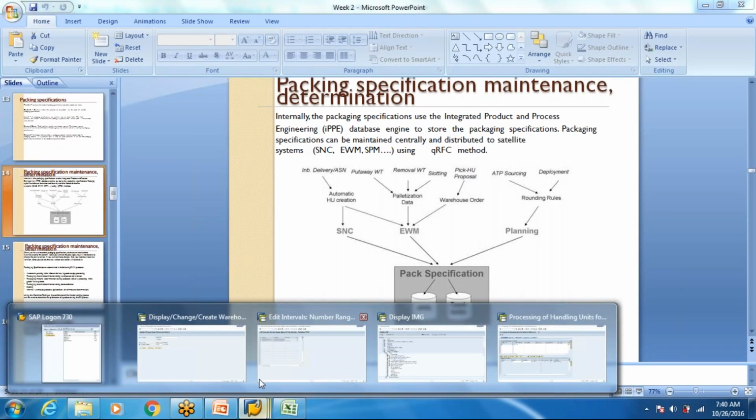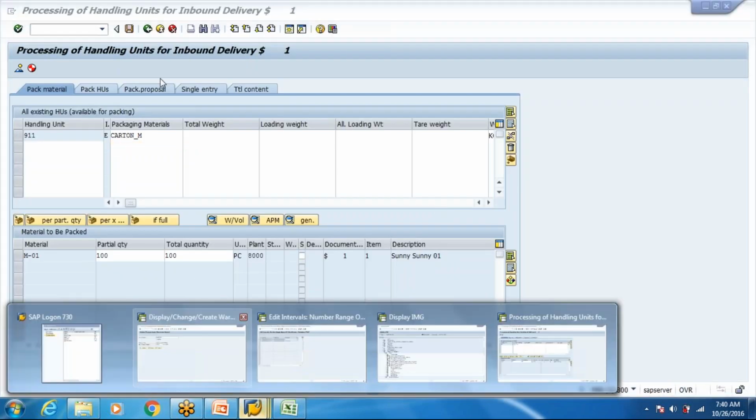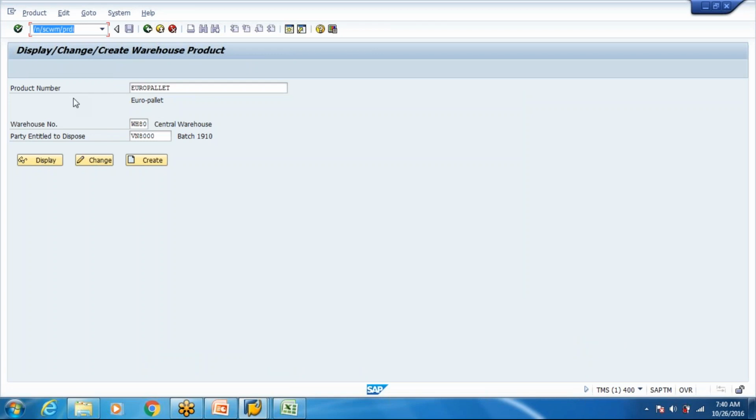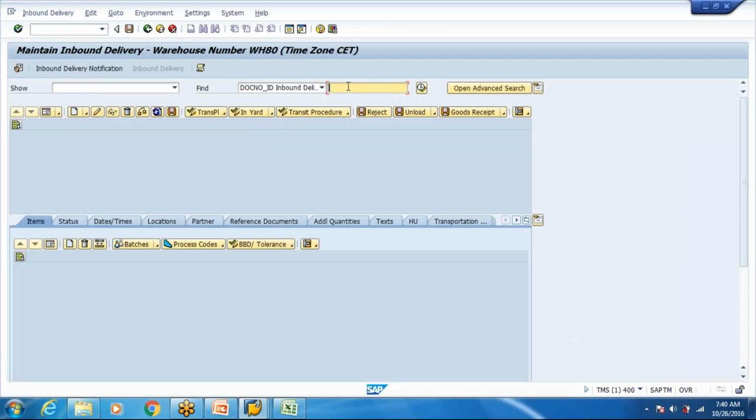On the EWM side, what we did is we packed the delivery yesterday. Now our aim here is that we want it to be automatically packed.